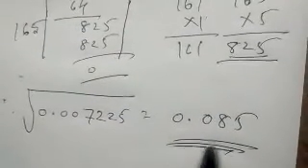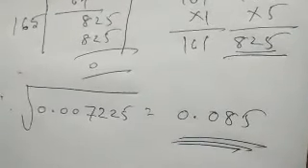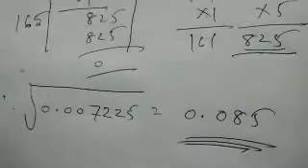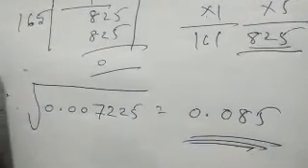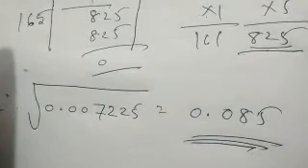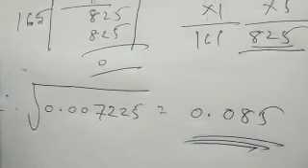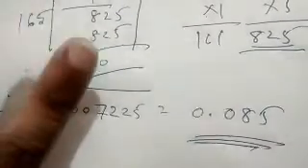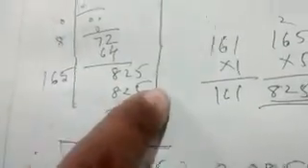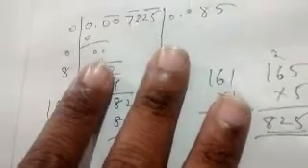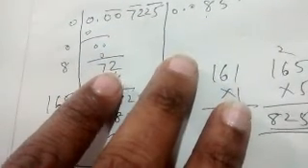0.085 is the answer. So you got the formula, right? We did the single digit number 9, and the other one is double digit 169, we already gave the example. The 4 digit number we have taken, the 5 digit number also we have taken, and decimal points also we have taken for the 2 examples. So I think now you are familiar with what we are learning here. Okay, thank you.